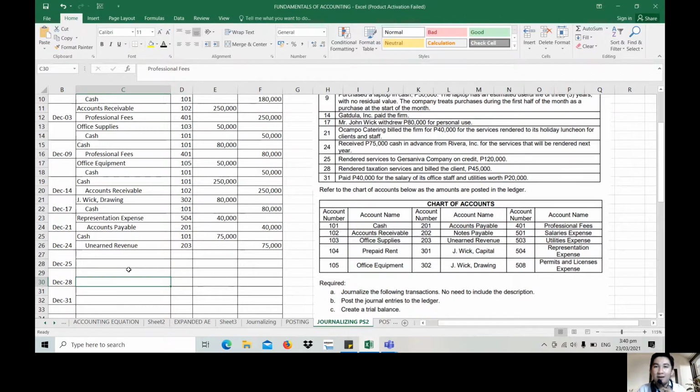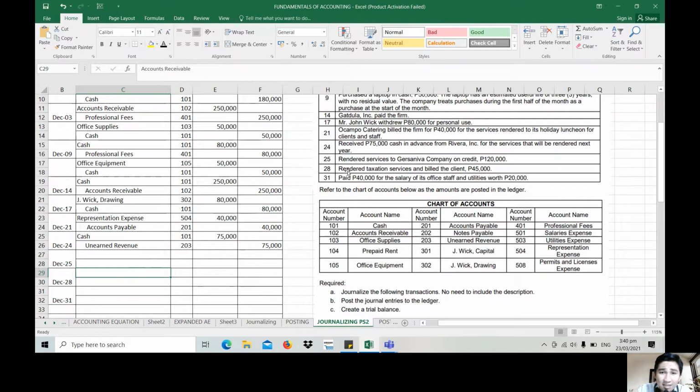nare-record yan. Okay? But actually, kapag adjusting entries na, i-consider natin, may dalawang method na naman yan. Okay. May liability method at saka may income method. So, same din kanina sa asset and expense method. But, wag munang atat. Okay, sundin muna natin itong nakalagay sa chart of accounts. We will proceed or discuss that further kung anong method ang ginamit ng company when we are going to discuss adjusting entries. Sinishare ko lang sa inyo para may idea din kayo on the next methods, okay, or process ng